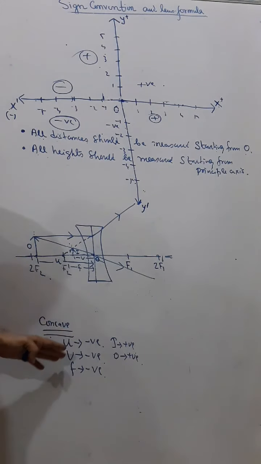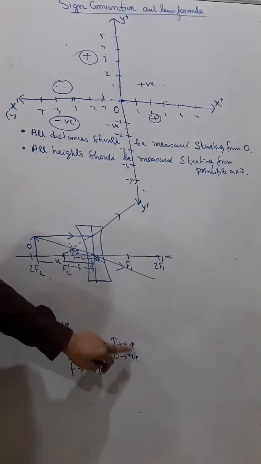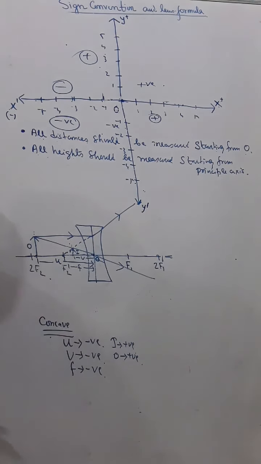Okay, no need of learning also, but still you can remember, in a concave lens I and O are positive and everything else is negative. And in case of a convex lens also, I have told you there are two situations. So if you can remember, it's better. And if you have a confusion, then just draw a rough diagram according to the question of the numericals, and then you can easily find out the sign convention. Okay, understand?